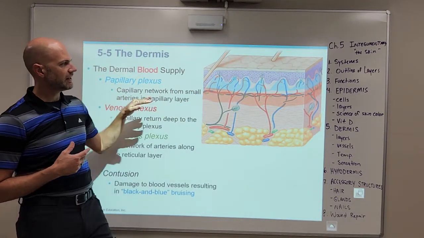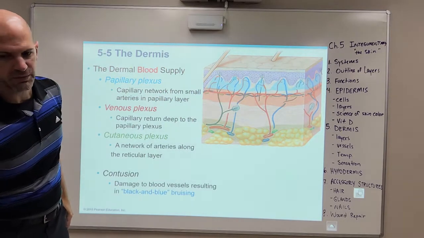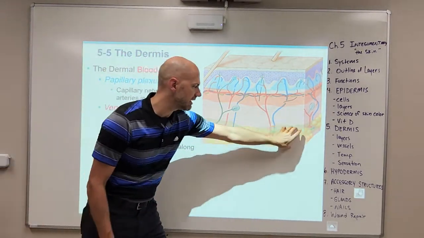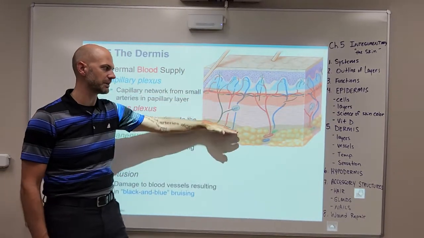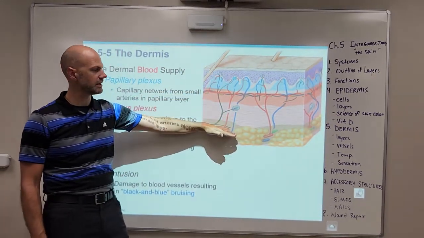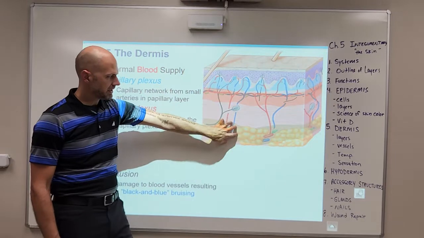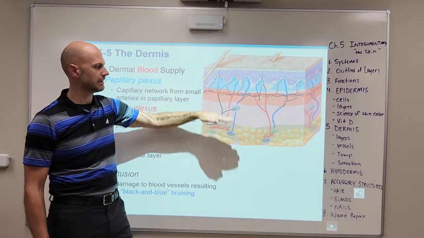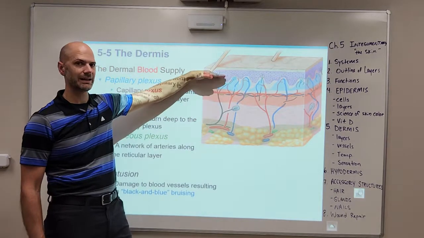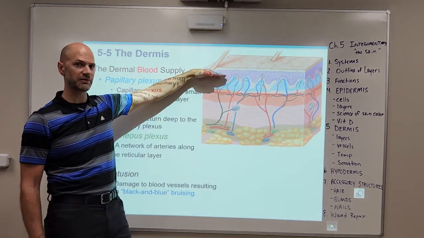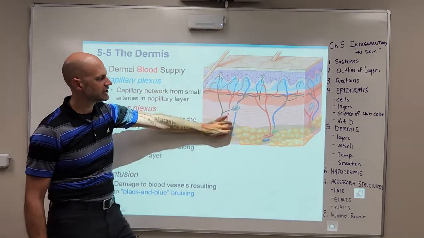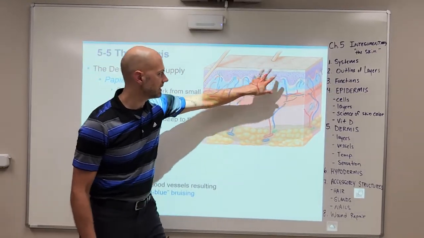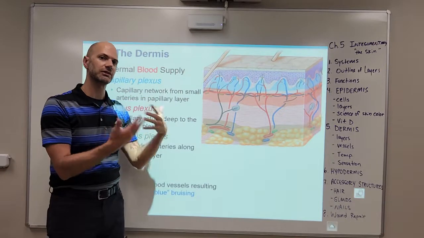Okay? And then much deeper, underneath the dermis, we have the cutaneous plexus. It's really the set of large arteries that are much deeper underneath the dermis. Okay, so we go big vessels, medium vessels, tiny vessels. Okay, big, medium, tiny, as we go from deep to superficial. Okay? And so that's the way that the blood is distributed, and all of these tissues are receiving sufficient blood